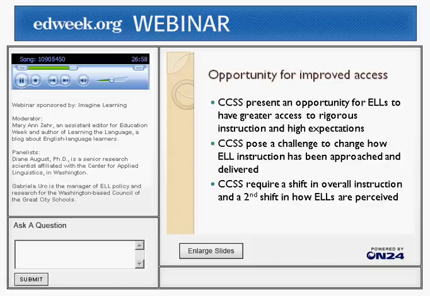So let me go into why I think it really is an opportunity for improved access. I think, for one, during the development of the standards, I know there was a discussion in the field as to whether or not there was a need to develop a parallel set of standards related to the English language proficiency. And there was a lot of discussion around that, but it seems that at the end of the day, the consensus was around not creating a separate set of standards for ELs, but rather having the Common Core standards really address ELLs as well,